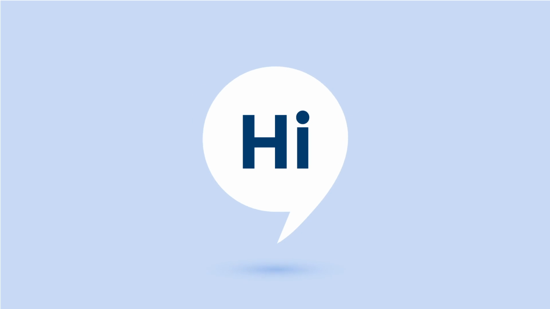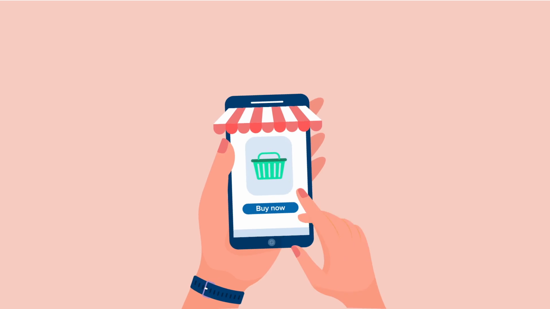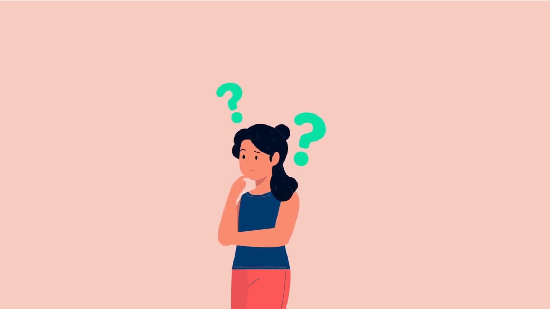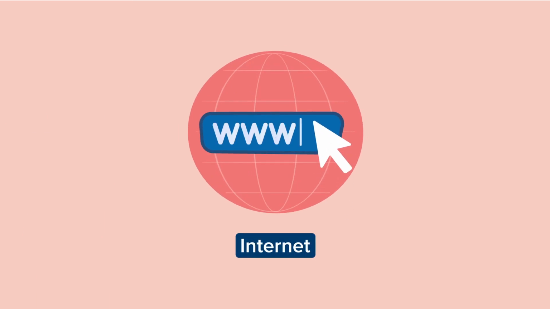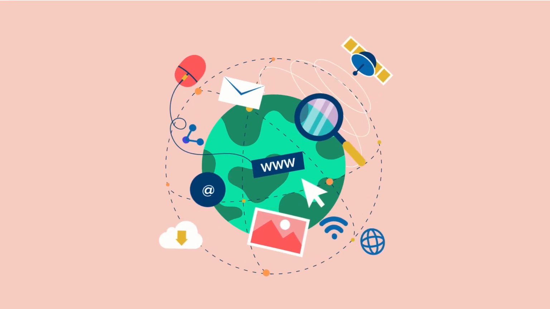Hi, welcome back. When we stream some movies online or buy something online, can you guess what is the common thing that we require to do in both these things? Just think for a moment. It's pretty simple. Well, you might have thought of internet, which is absolutely correct. The internet is something that helps us to connect with family, friends, and enables us to do plenty of other